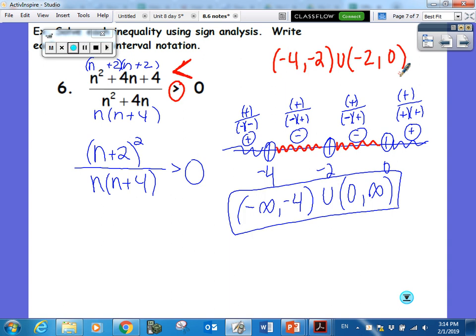So again, if we'd flipped that, it would have been the inside section, but excluding that -2, and this is how you exclude a number. You just write the number. You write the number again. That means everything from -4 up to -2, but not including the -2. So that is how you exclude